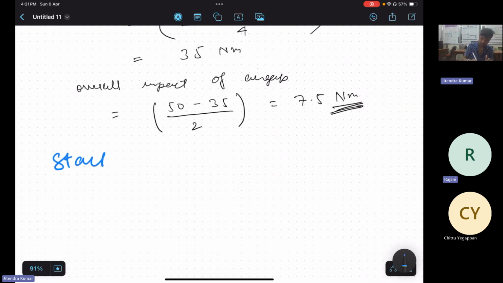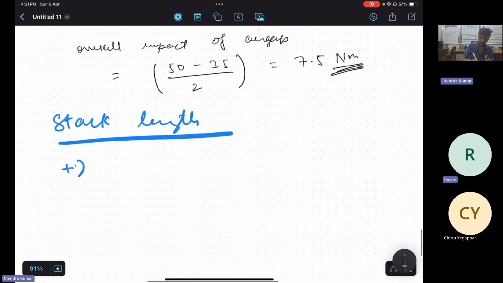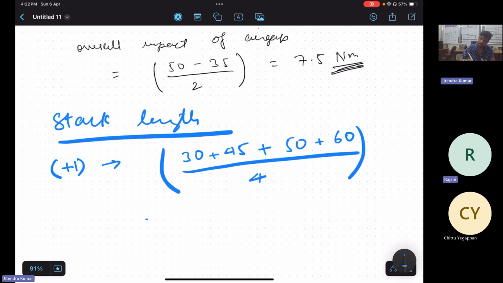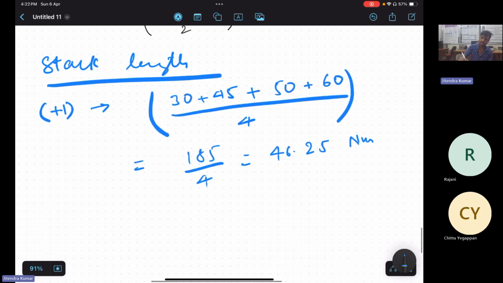Corresponding to stack length, for +1: 30, 45, 45, 50, 50, 60. So it will come out to be 60, 90, 95, 185 divided by 4, which is 46.25. Now corresponding to -1: